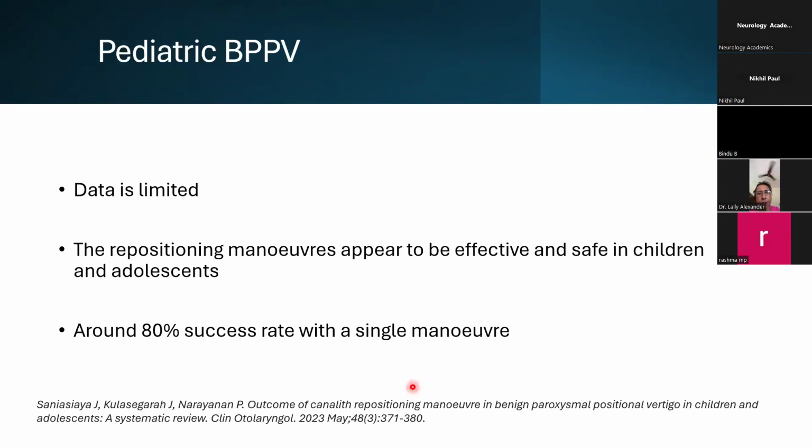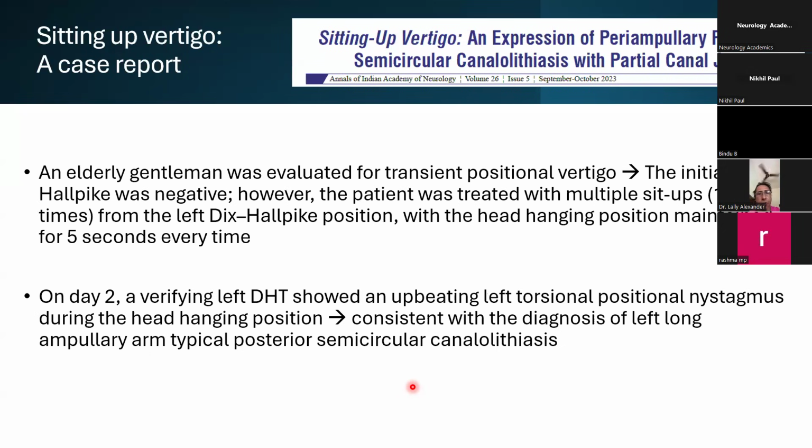And in pediatric BPPV, again, we can do the same techniques. There are no contraindications, but the data is limited. So we'll end with just 2-3 rare reports. This is something called sitting up vertigo, a case report published in 2023, where a gentleman